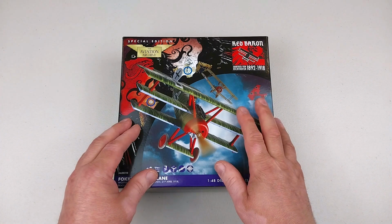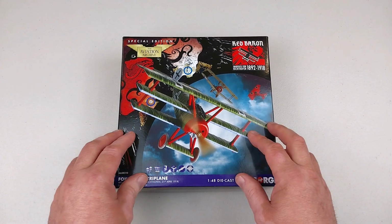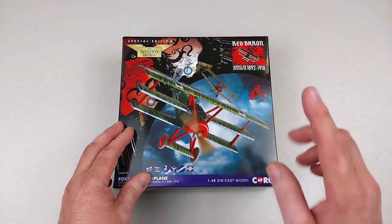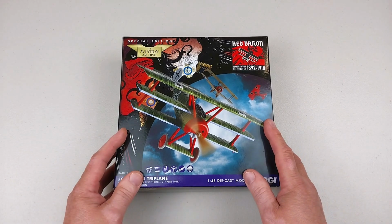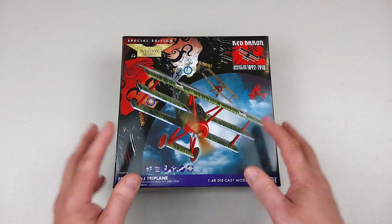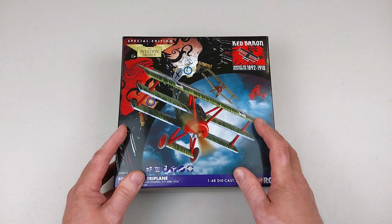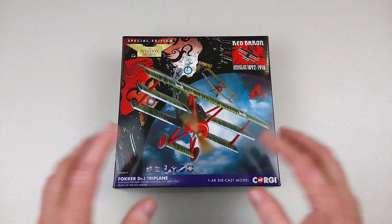He stayed on the periphery of the action as instructed, but Wolfram would come under attack by a lone Sopwith Camel, also loitering around the edge of the fighting. Manfred would see his cousin come under attack and would quickly come to Wolfram's aid. The RAF pilot did quickly turn to the safety of the Allied lines, seeing the Red Baron on his tail, and he would try to escape the Red Baron's guns, of course, and the RAF pilot did manage to escape,